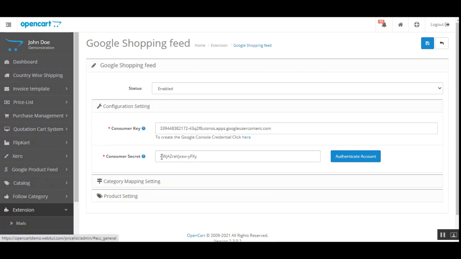Now here in the configuration settings we have to enter the client ID and the client secret, that's the consumer key and the consumer secret. I'll show you how you can generate both of the keys, but before generating the keys we need to create an app first and submit it to Google itself. So we'll go to my account, and I'll tap on the link that we have provided, and we'll be navigated to